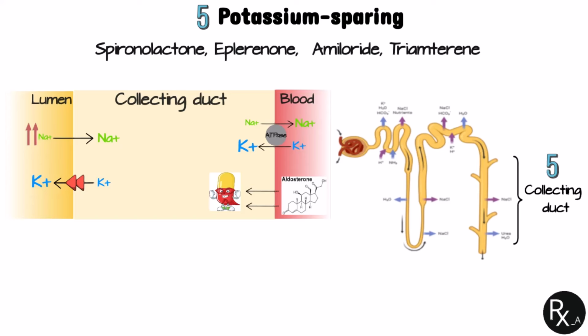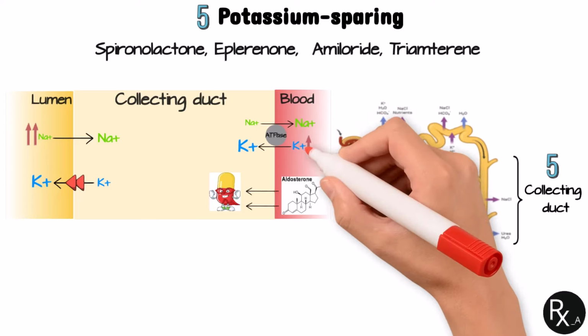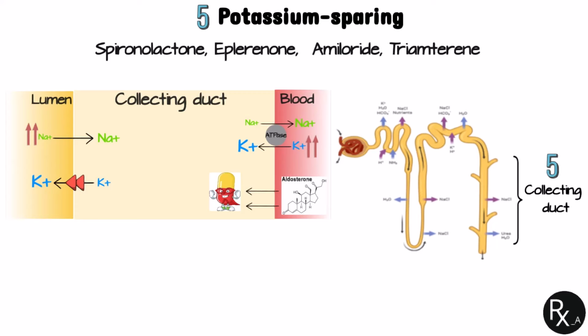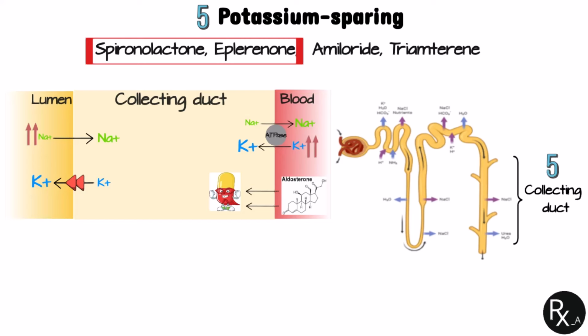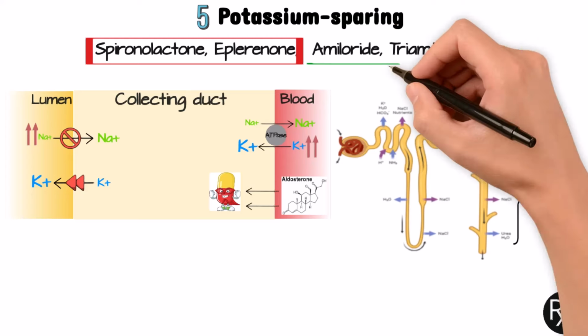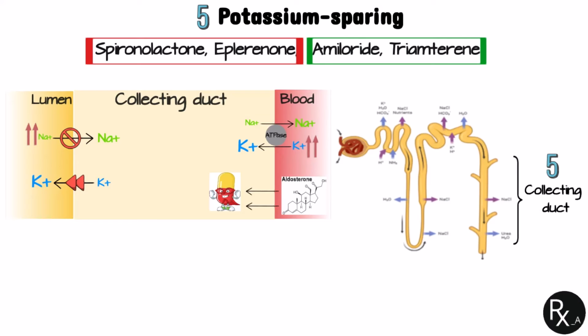Because aldosterone antagonists compete with aldosterone to bind to this intracellular receptor, the result is reduced synthesis of proteins that activate sodium channels and a decreased number of sodium-potassium ATPases, which ultimately leads to potassium retention. Examples of drugs in this category include spironolactone and eplerenone. On the other hand, the second group acts by blocking the sodium channel, which lowers potassium exchange and causes potassium to be retained in the body. Examples of this group include amiloride and triamterene.